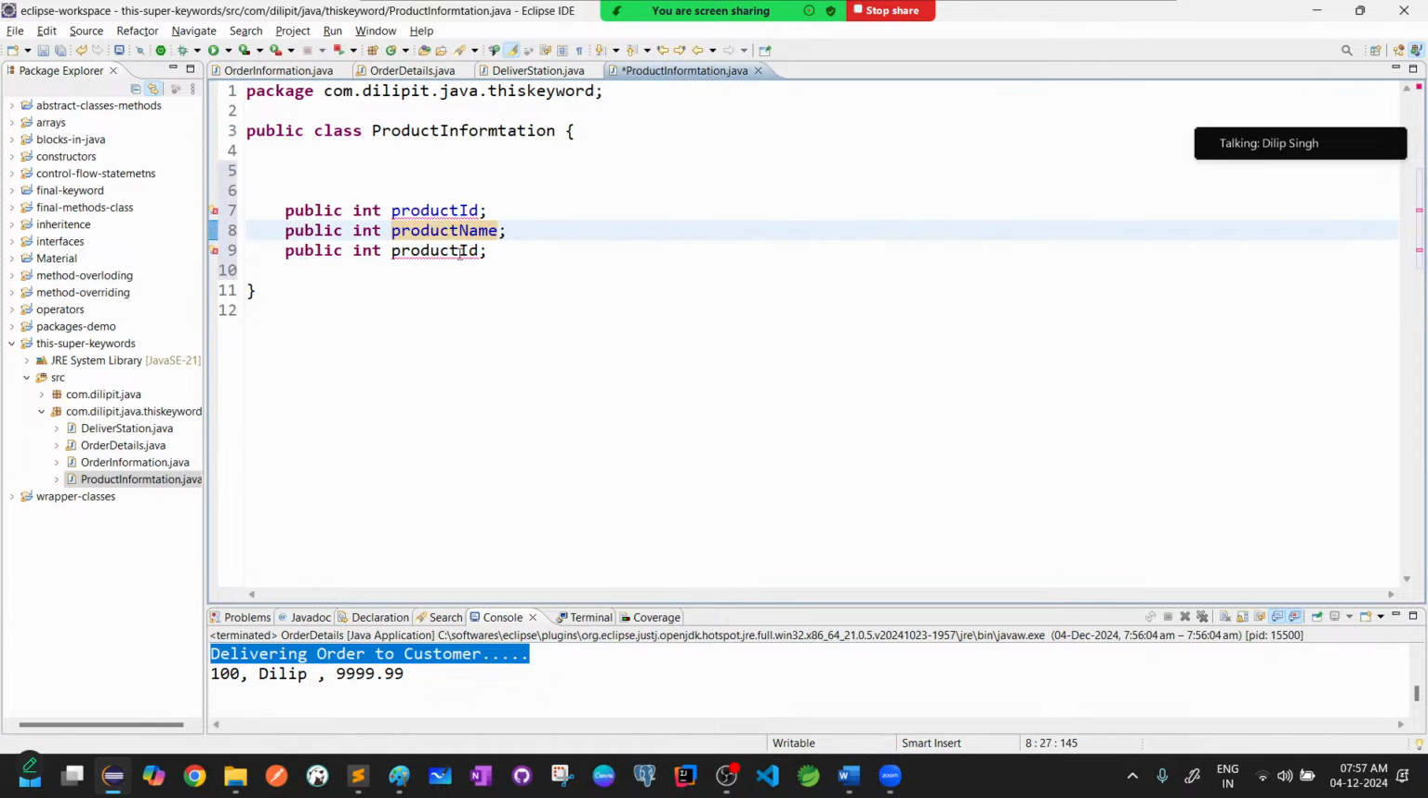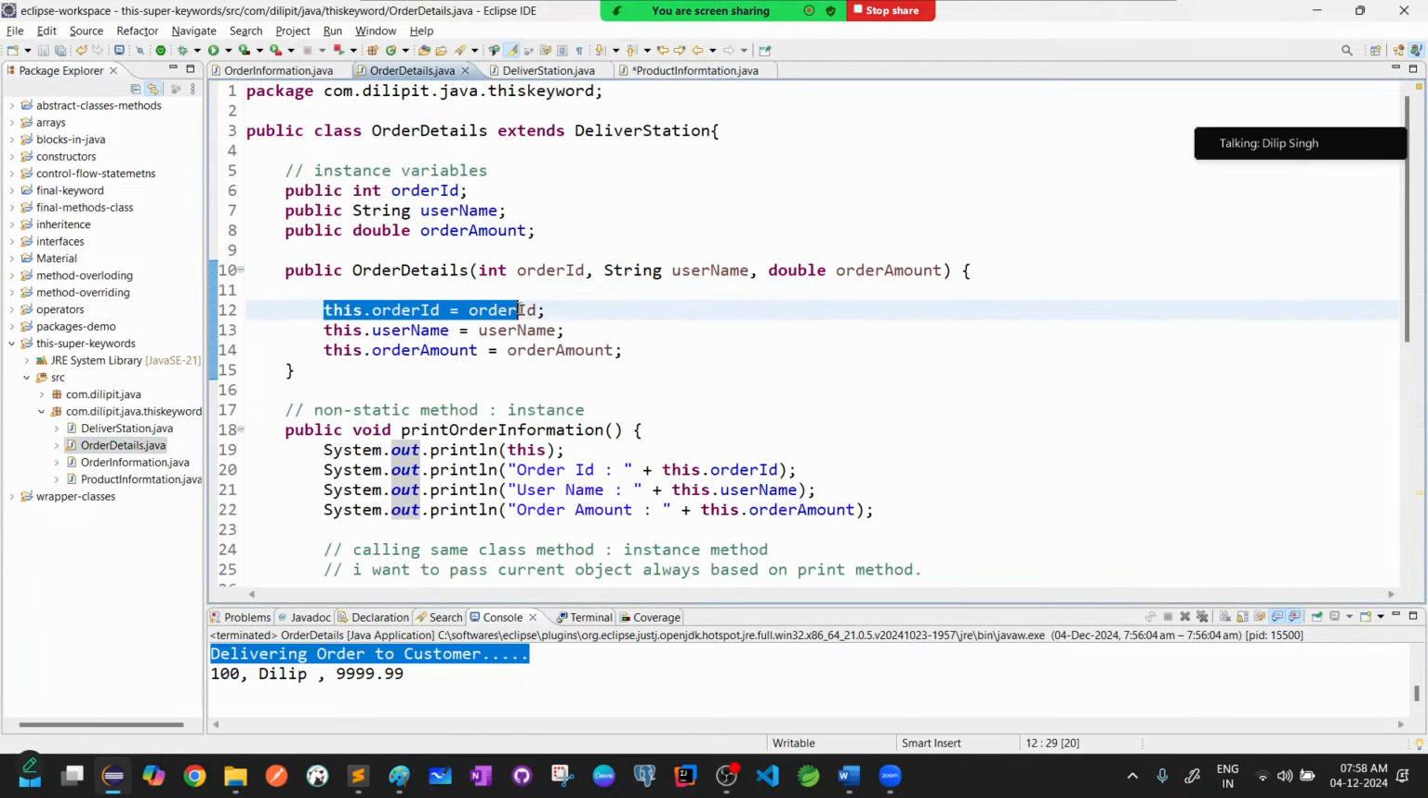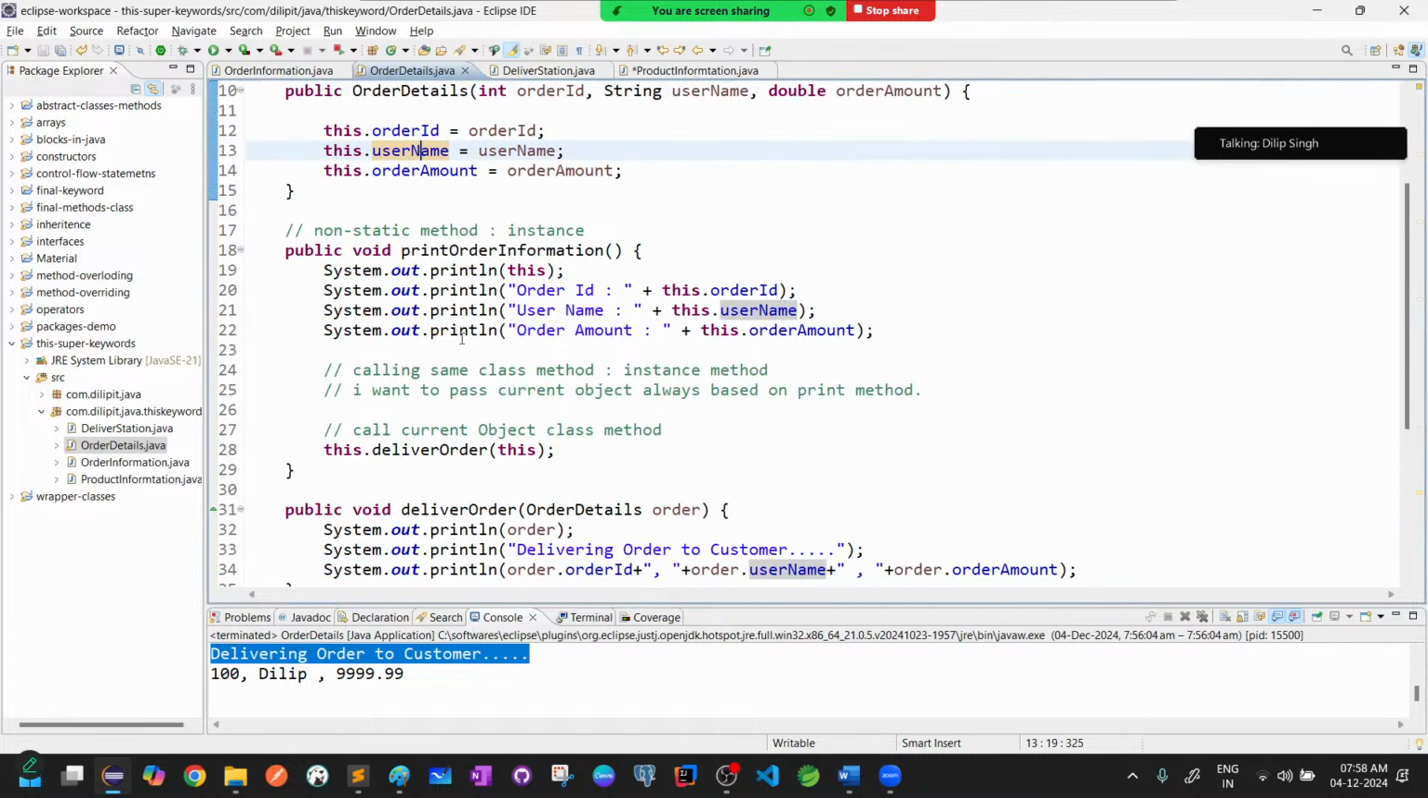I'm taking some variables, product name, product price. Okay, fine. So what I'm doing right now is, it's all about the usage of this keyword with constructors. I completed, along with variables, how you're referring to the instance variables from the constructor point of view, from the